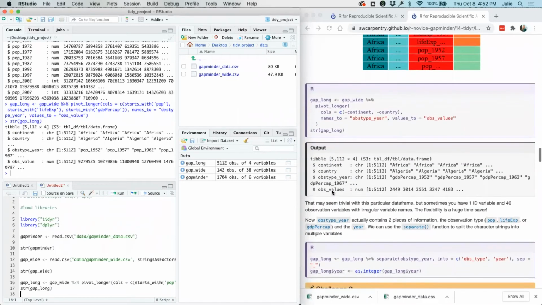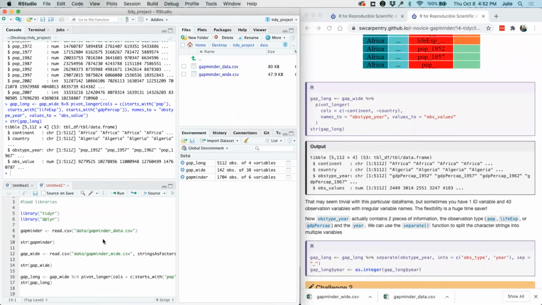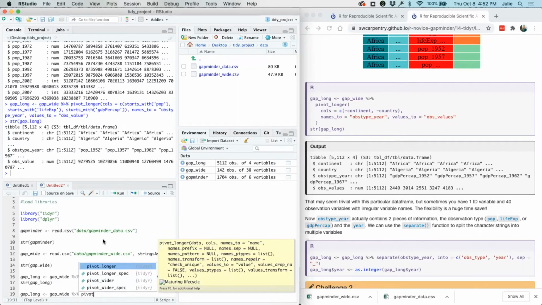So I'll just highlight how that works as well and type out this next example, which is doing the exact same thing that we just did, but it's a different way to think about it. So if we want to create that gap long from our gap wide, we can again pipe it through this pivot longer function.